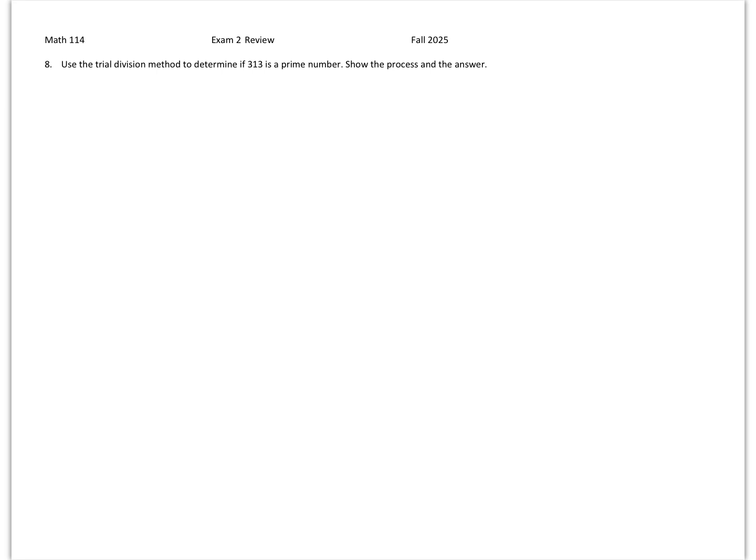Use the trial division method to determine if 313 is a prime number. So the trial division method says to determine if a number is prime, you only have to check if it's divisible by any primes smaller than the square root of the number. Okay, so I have to check,